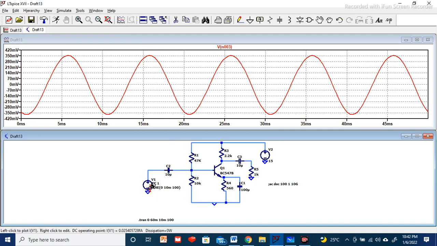Now the input I have given is 10 millivolt. So if I click here, we can see approximately 10 millivolt input is there, and we are getting approximately 350 millivolt of output. So 350 by 10 millivolt, we can see the amplification in the circuit. Okay, and also we can see the waveform here. It's going down. Okay, approximately 180-degree phase shift is there. This one is for the transient verification.